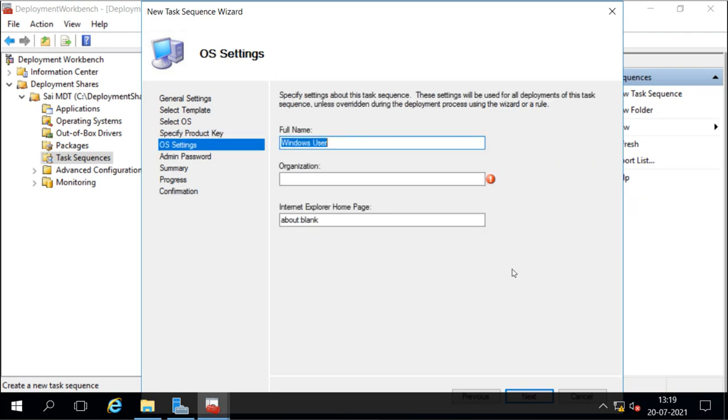Then here you will provide the user name. This specifies the settings for the task sequence, which will be used for all deployments of this task unless overridden during the deployment process. For the user full name, I am going to say deploy OS, and the organization is SciTech. For the home page we don't have any, so I'll go next.